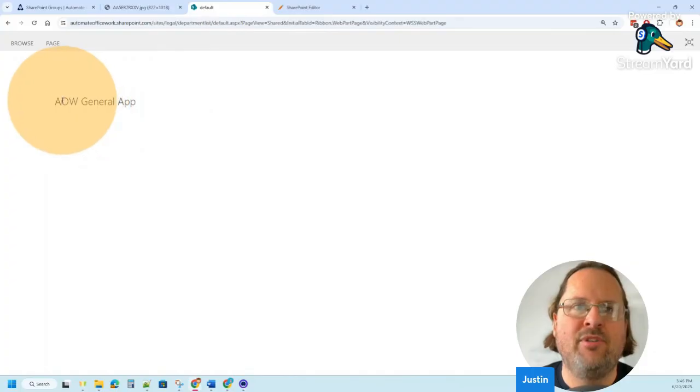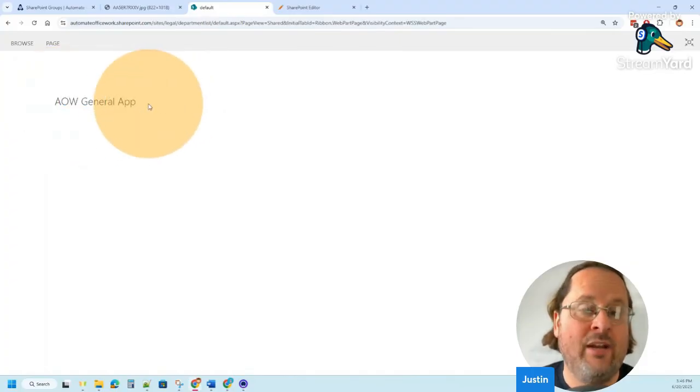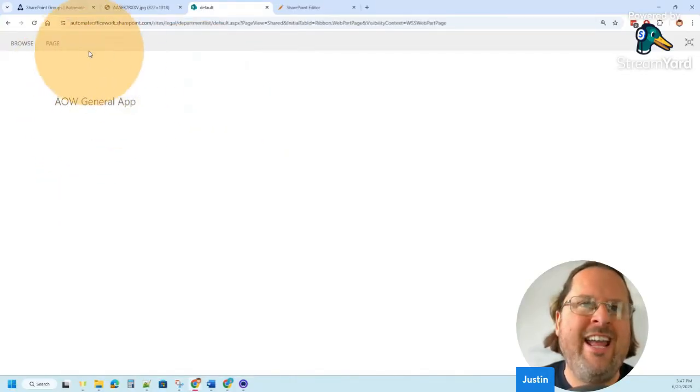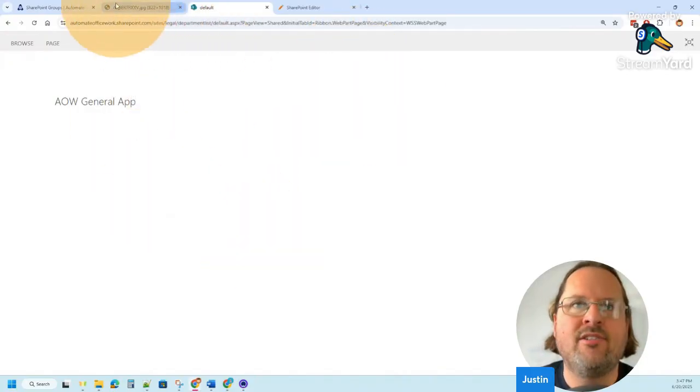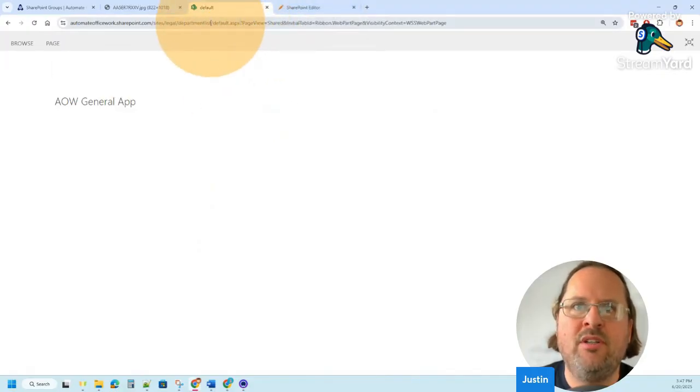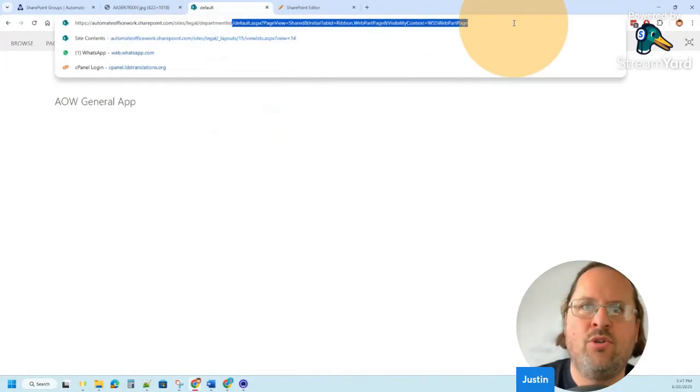It says AOW general app still. We're going to want to get rid of this. We're going to want to get rid of all this extra margin that's kind of a border around our content. And we're going to want to get rid of this top menu bar as well. Okay. And so we're going to go to, let's just go to our URL,